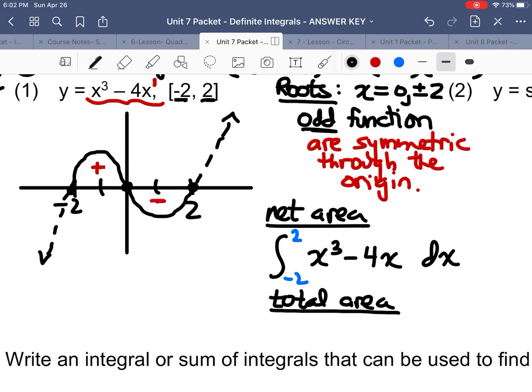We know that this is going to be a positive area right here. This is going to be a positive area, and this is going to be a negative area. The net area is going to be equal to 0. You put that in your calculator, it will be equal to 0 because it is symmetric. All right. One thing that I could do is double the positive area. So if I want to find the total area,